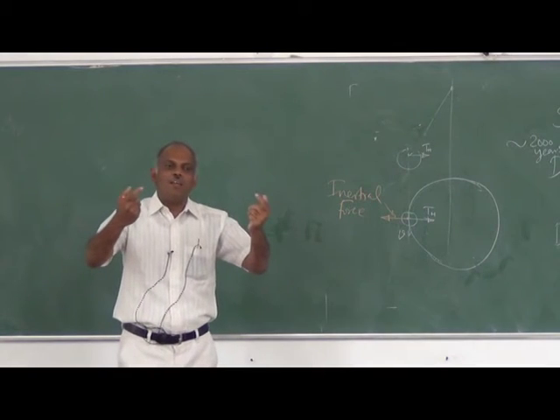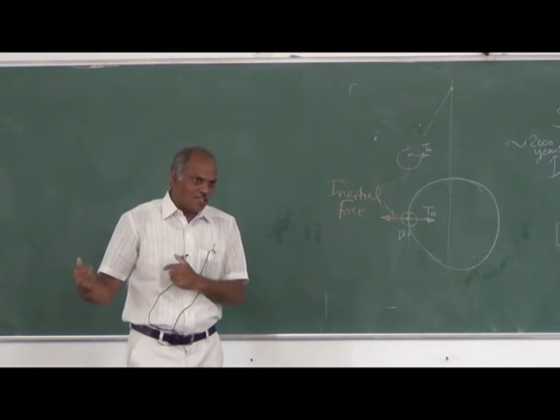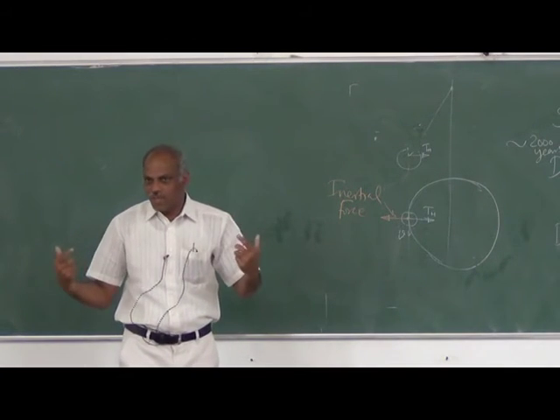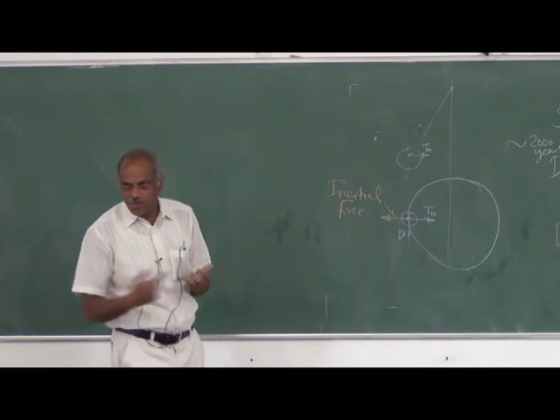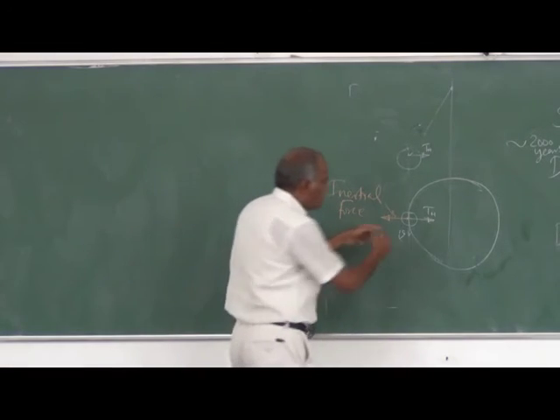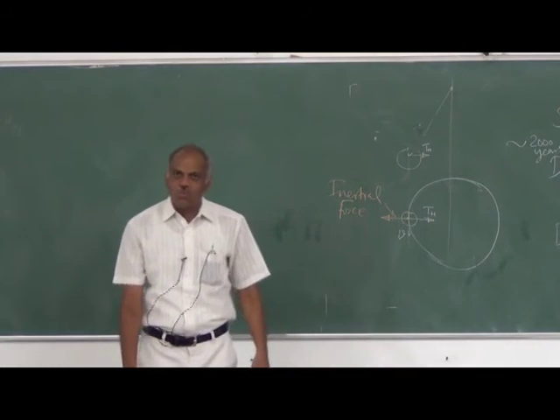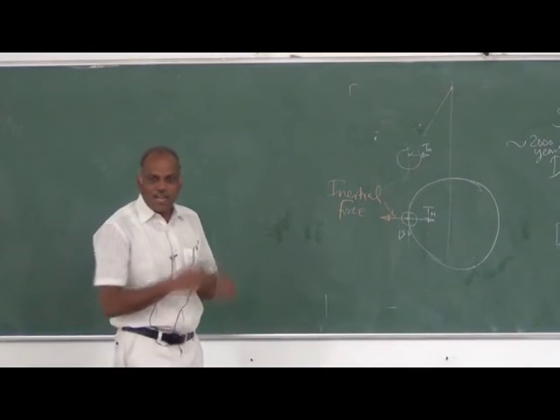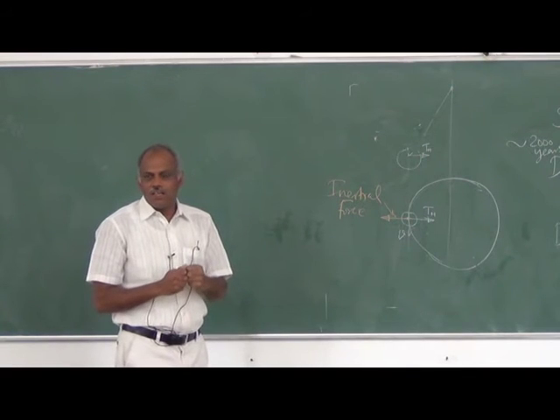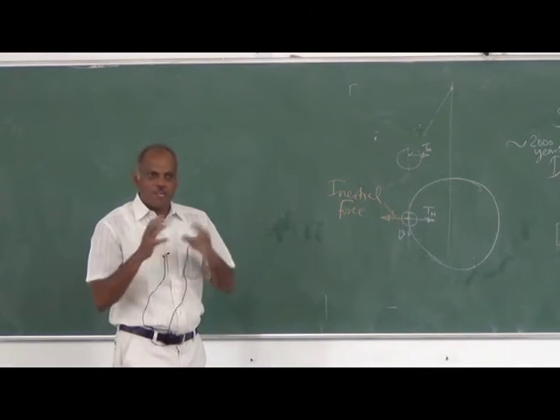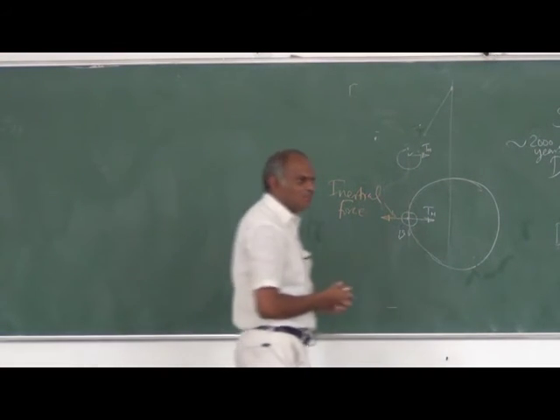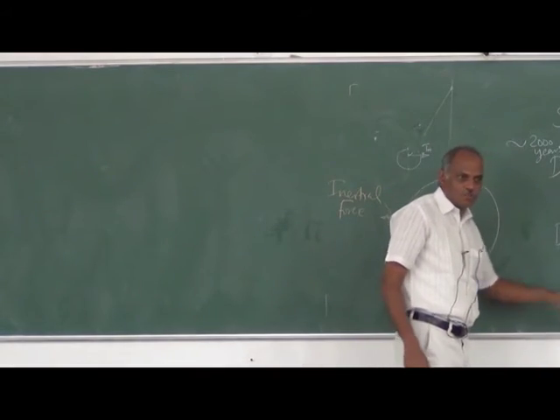You can bring in a law of equilibrium of statics, which says that two forces in equilibrium are to be equal in magnitude, opposite in direction, and collinear in action. So you can solve those problems. So dynamics problems can be solved with the principles of statics by introducing a fictitious force